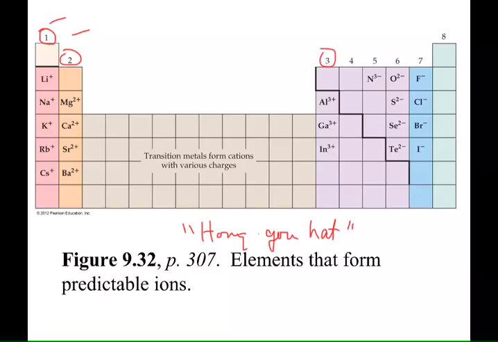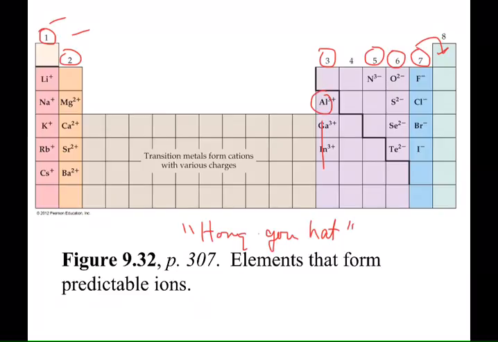The 3A metals, beginning with aluminum, lose 3 electrons and form a +3 cation. And then 7A picks up 1 electron and becomes a -1 charge, the 6A pick up 2 electrons, become a -2,